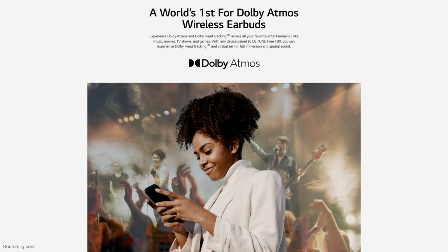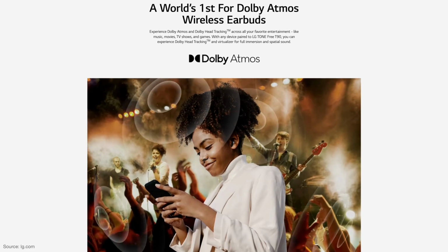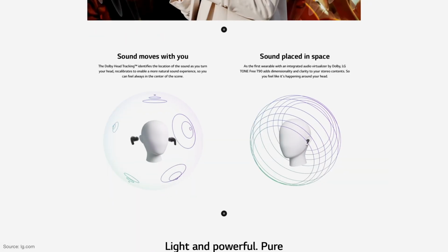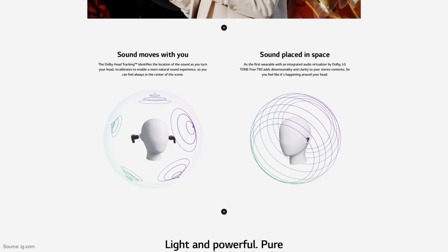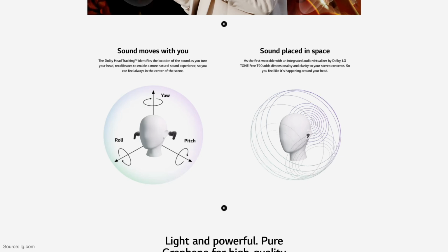This is claimed to be a world's first for Dolby Atmos wireless earbuds, and it's pretty obvious that this is intended as an AirPods Pro spatial audio competitor. You can now create a virtual surround sound-like effect, where the audio appears to be directed towards you from all around your head, and with head tracking enabled, the earbuds will change the directionality of the audio according to your